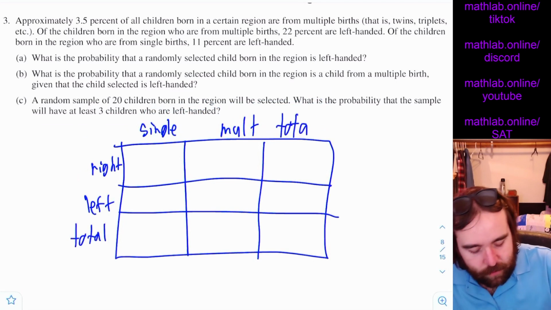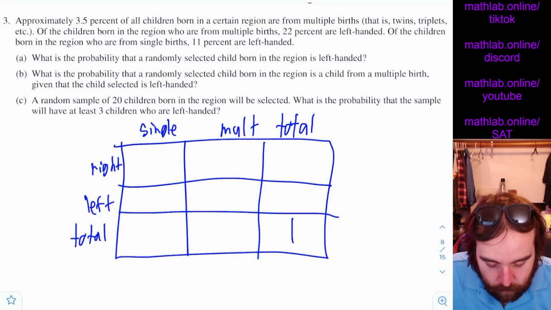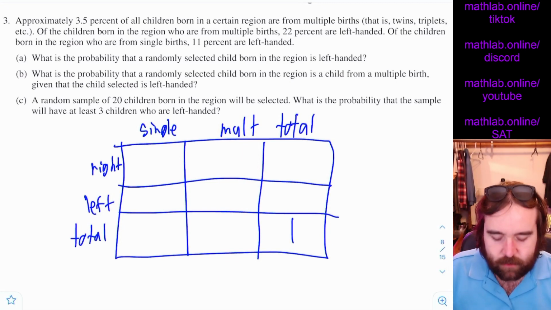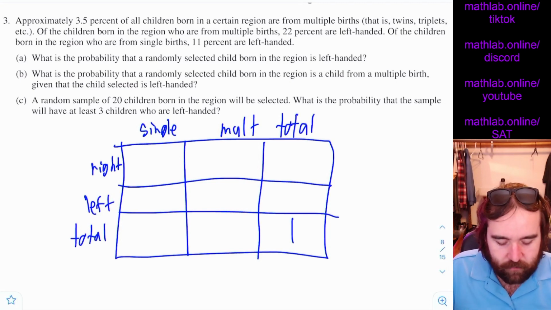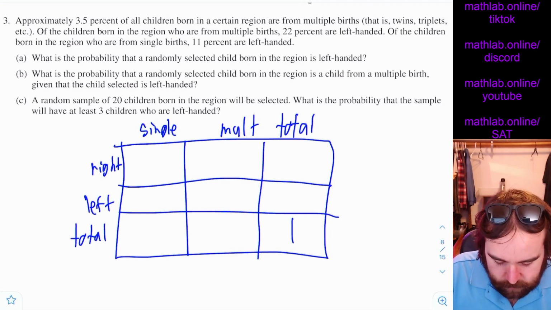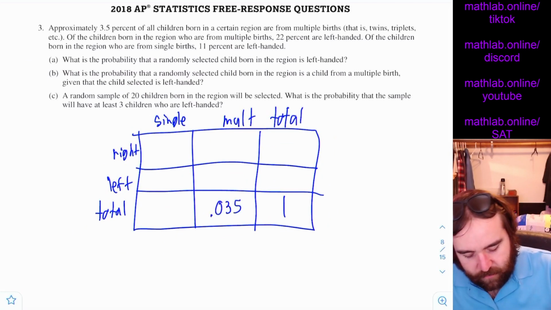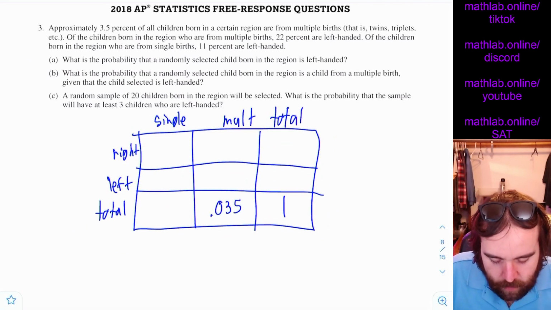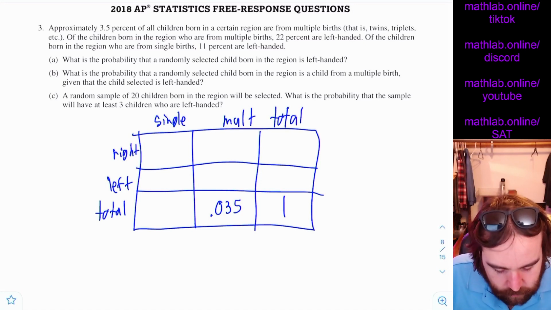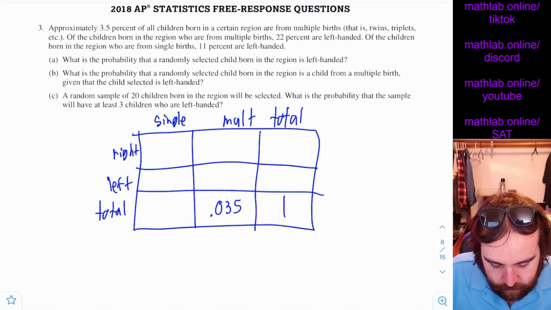So we're looking at the total. I'm going to do it in decimals. We're looking at the total being 100%. We know approximately 3.5% of all children are born from multiple births. So we go to multiple births, and this total is 0.035. Of the children born in the region who are from multiple births,